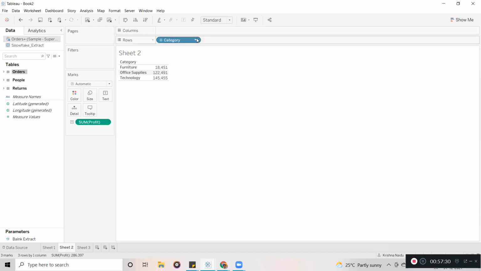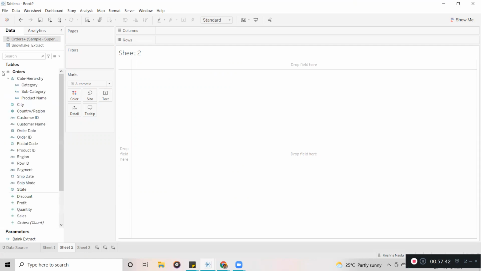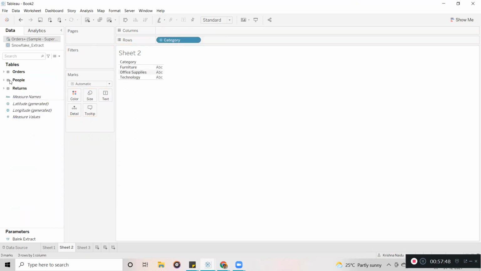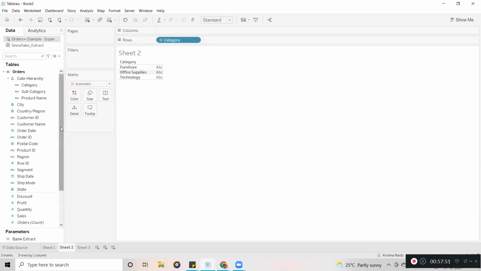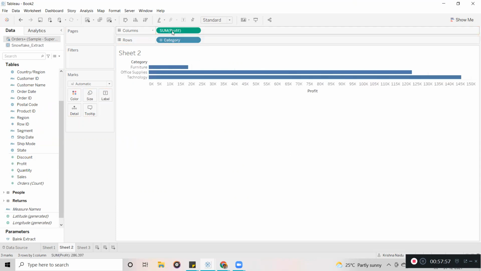As I said, by default, whenever you are using a dimension, the default visualization type is bar graph. So now here I am going to drag the category, and I can use profit, for example. So the default visualization is bar graph.